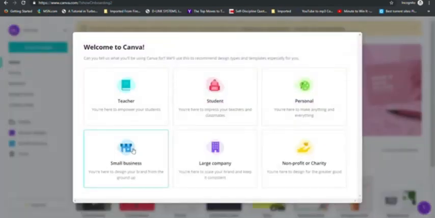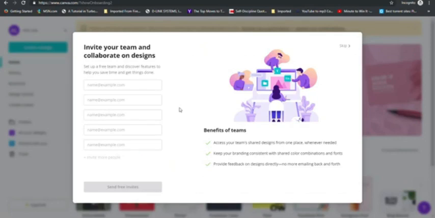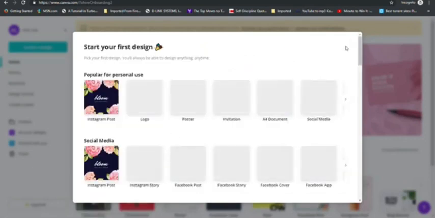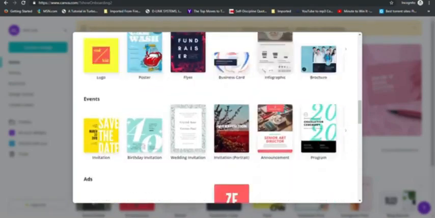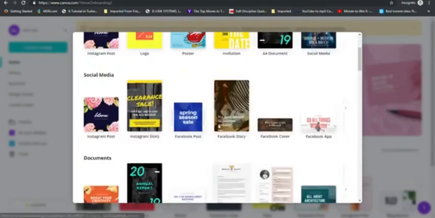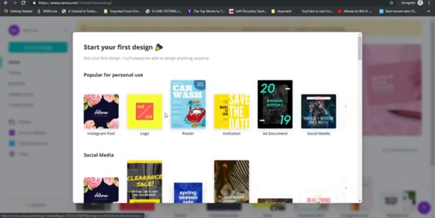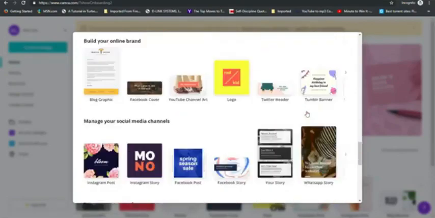Alright, so after you have created your account, it's going to bring up this information here, so you can just look through and choose the one that best suits you. So let's choose personal, and then we can skip this stage right here, and now you're ready to create your posts. But if you're not ready to choose a particular post as yet, you can just exit this section right here by clicking outside of the area,